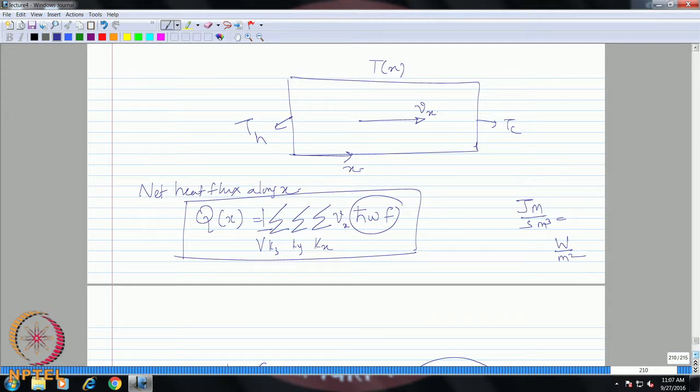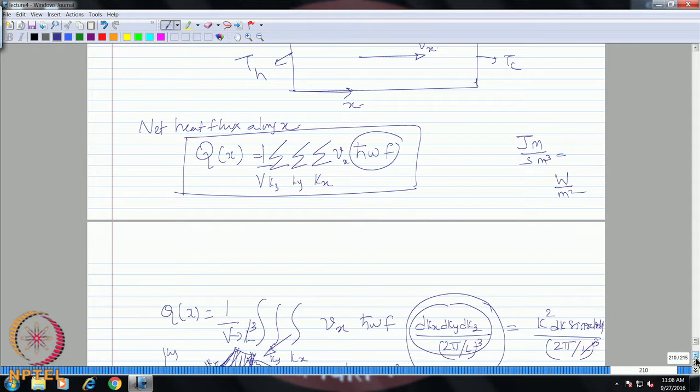This is similar to the statistical equilibrium case, except there we were finding the internal energy, and we were just doing the summation over all the quantum states, using h bar omega times f equilibrium there. Now for the flux we have to consider not the equilibrium, but the non-equilibrium distribution, and multiply by the corresponding velocity. This is the basic principle, from which we now go on to the further mathematical details,